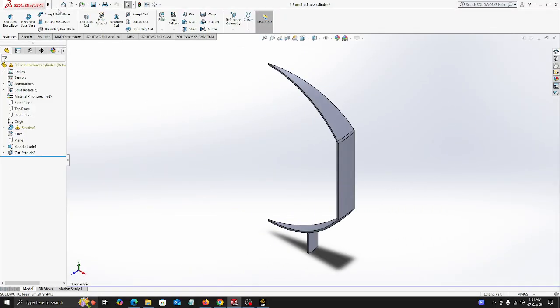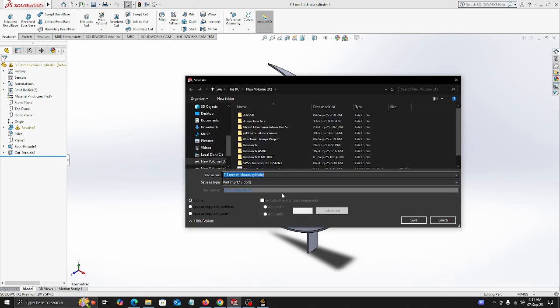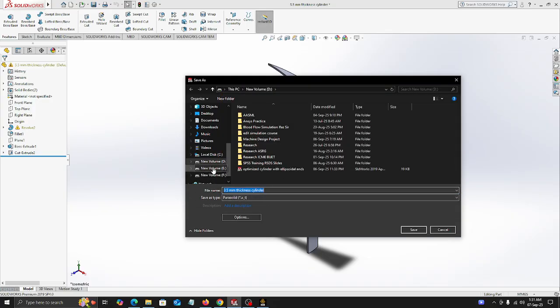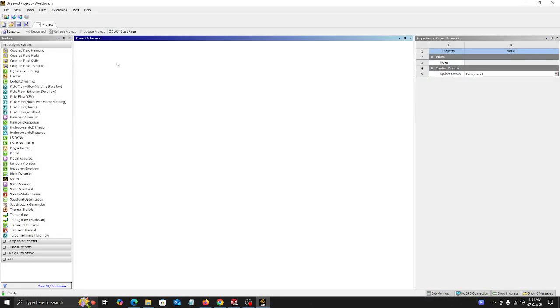Okay, that's not an issue. Then we'll choose file, then again save as. So now we'll save our file in Parasolid format, then okay. We'll now analyze this cylinder in